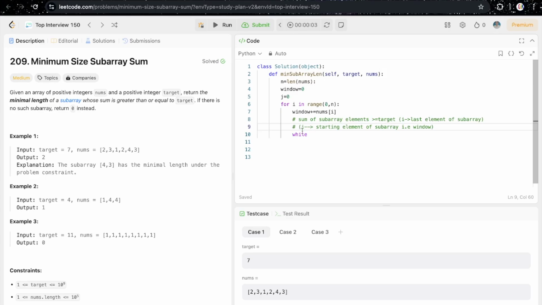This window is subarray actually. So now this window size has been greater than or equal to target. So it will go in while loop. While window is greater than or equal to target,